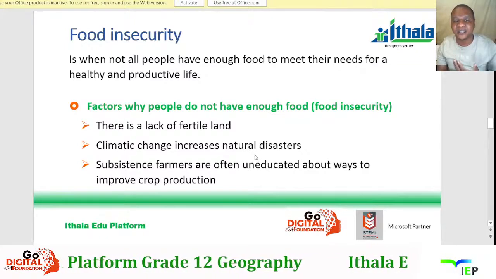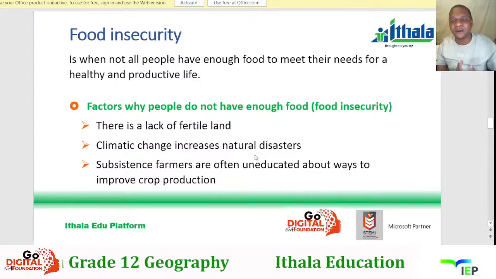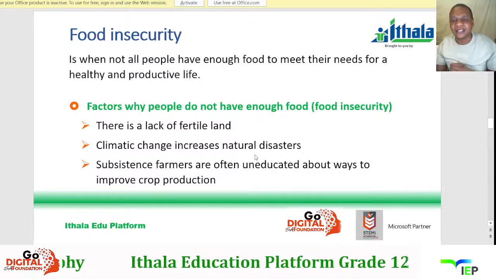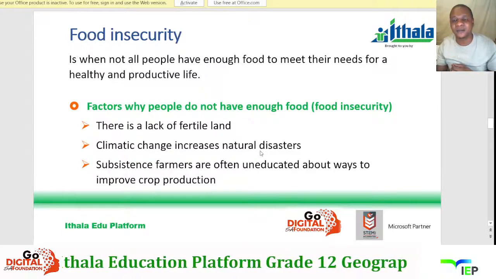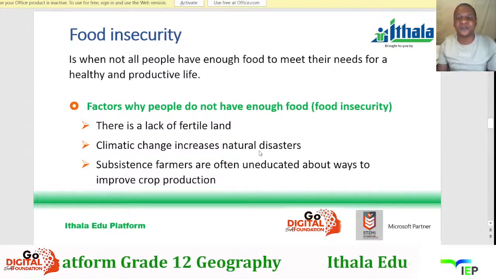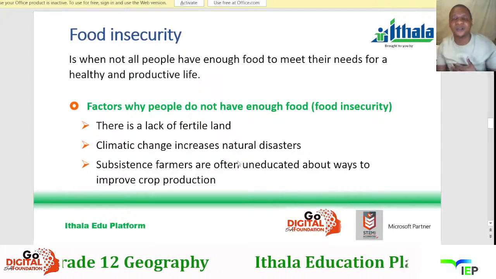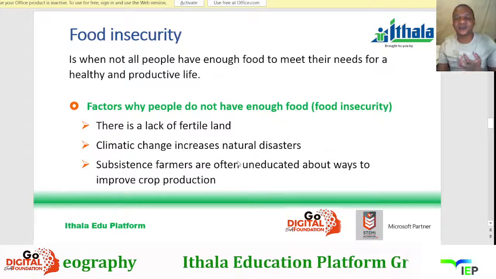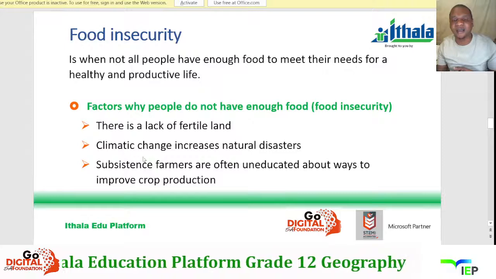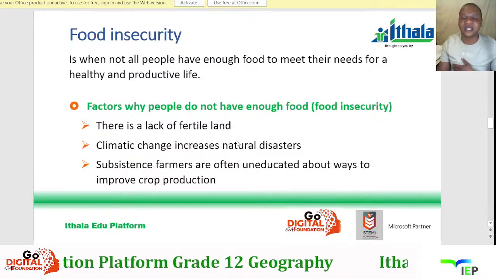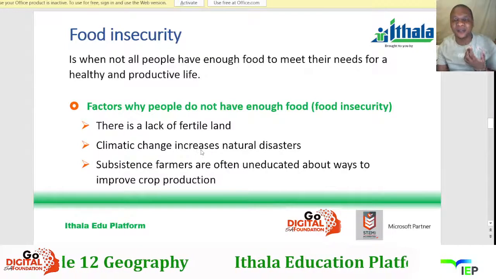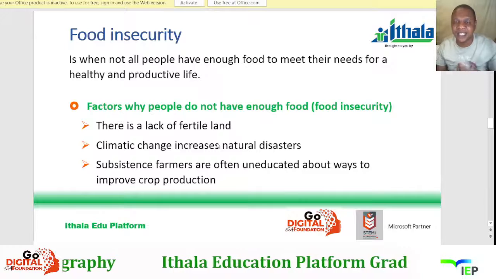So ngizokwenza example nje, for instance, Cape Town over, I think it was in 2020, it experienced droughts ngale ndlela, severe droughts, in such a way that farmers were complaining now ukuthi, for us who are doing crop farming, we are suffering because there is no water available to support these crops. As well as livestock farmers, they complain ukuthi, you know what, asanawo amanzi are enough so that sizokwazi ukuthi siphuzisele inkomo zethu, imbuzi nekapho, so that sizosurvive again. So we're looking at those climatic changes which will increase natural disasters. Sometimes, because of the high amounts of water vapor, you may find there's high rainfall now that will increase floods, yabo,